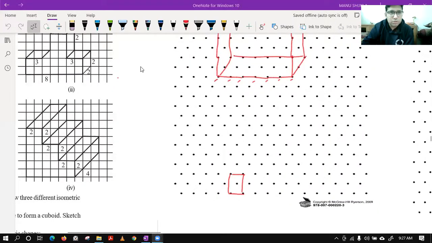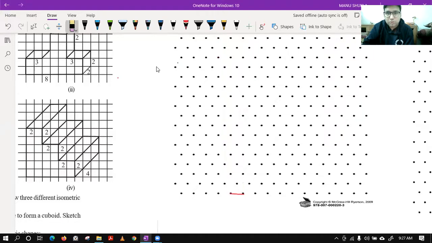Let me erase first these things so that it will be easy for us to make. Today, luckily, the eraser is working in your class. Never works. Let's see the blue pen. Okay, so we need dot sheet. Yes, you need to have. Okay, you can keep all these things handy during the exam.